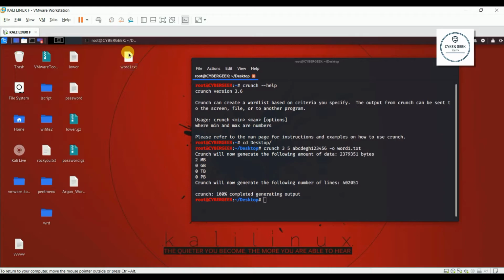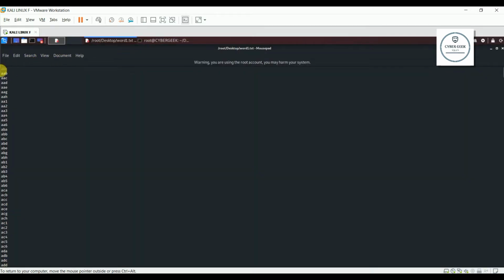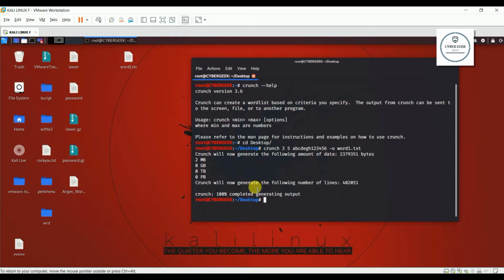Based on its length. Now if I open it, you see over here the minimum is 3, then it keeps going. Okay, let's see how many combinations of passwords we get. Now you get 4. If I stop it, just see it's 4. Oops, I came back to 3. Okay, sorry. So this is 4, 1. Oh, sorry, I mean this is the 5, 1. If you go up, whatever, 3 and 5, the maximum length is 5. You can see the minimum was 3. Okay, this is the basic way of creating a word list.